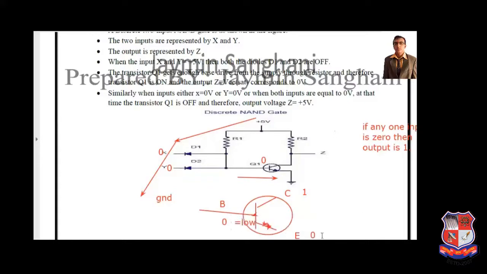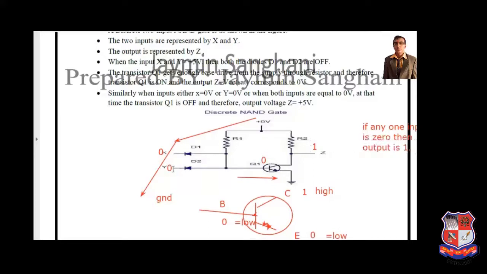And here also we can get low voltage, but here voltage is high. Why? Because in common emitter configuration, output is 180 degree phase shift. If base is low, then collector is maximum. So here we can apply 0 volt, then here output is 1 volt. For this particular case, 0, 0, output is 1.